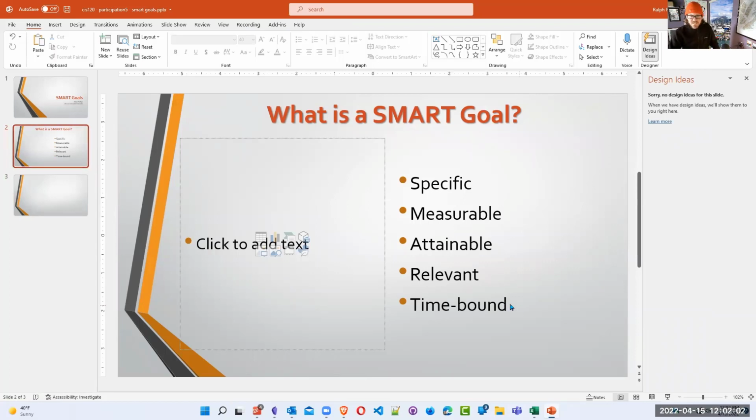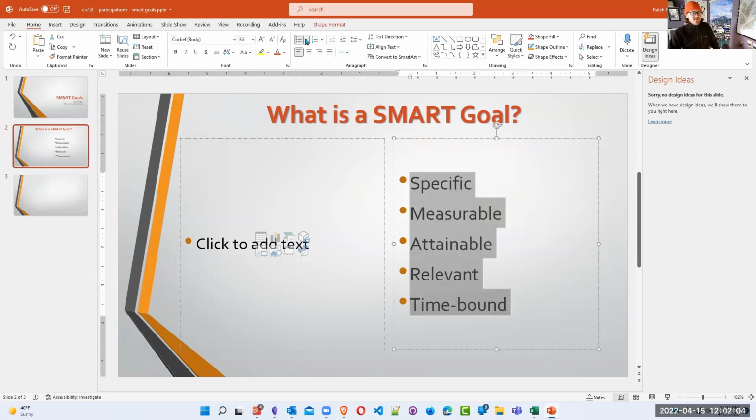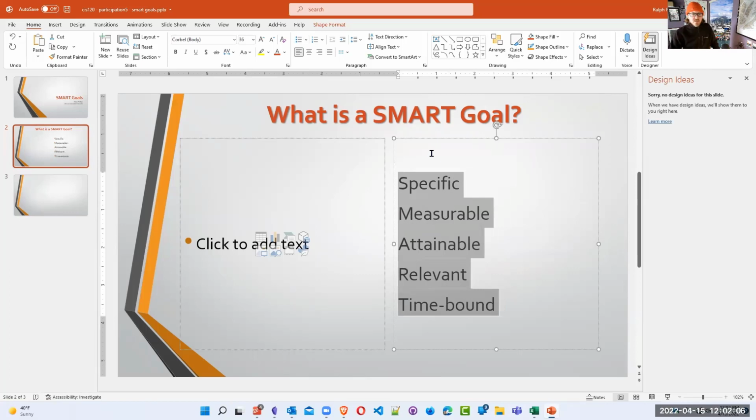I'm going to select this text. It doesn't need to be a bulleted list. So I'm going to turn off the bullet list feature. It is still a list, I guess technically. I should take it back. It's still a list of paragraphs, but it's not necessarily a bulleted list. I'm okay with that. I'm going to select the S in the word specific, and I'm going to change the